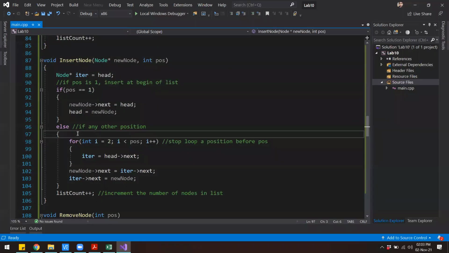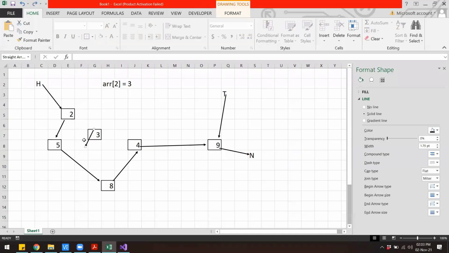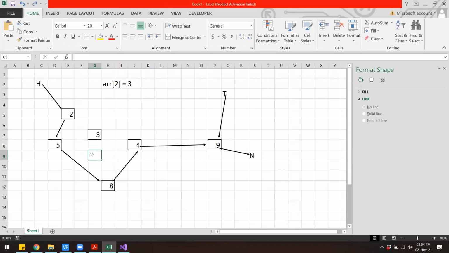Then what if we are inserting at some other location, let's say position number 2, 3, or any other index? In that case, before I add a node, I will have to go to the location where I want to add. Let's get back to our original list. Now let's say I want to add this 3 at position number maybe 4.